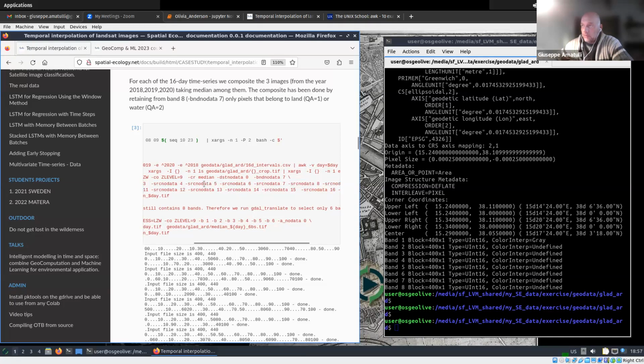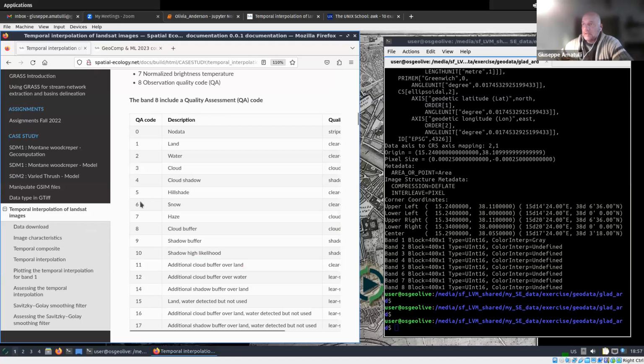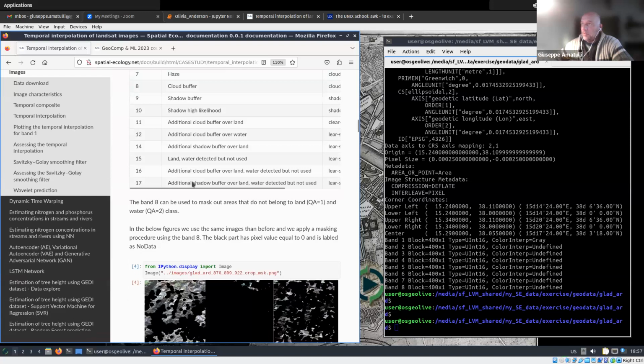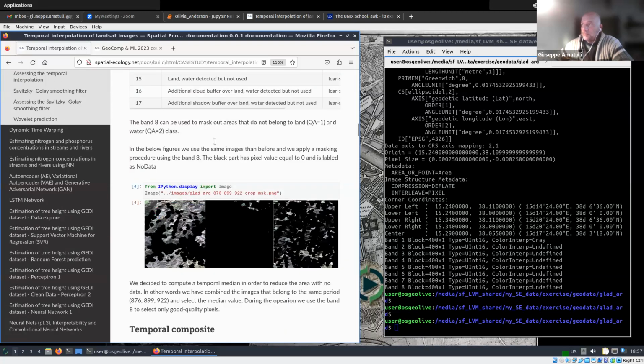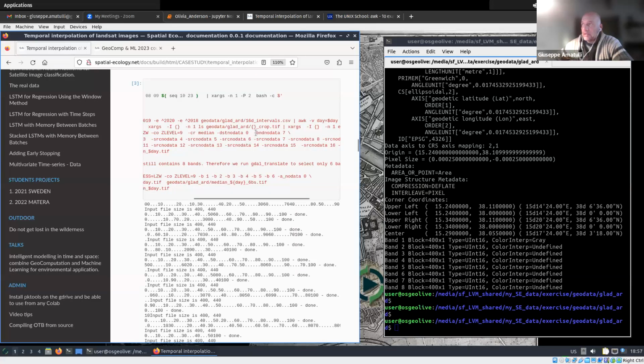And these numbers, where they come from, 4, 5, 6, 7, are the ones that are coming from here. So all these numbers that I list over there are the ones that will be considered no data. Okay, so this is the beauty of it, and in particular, somebody was actually asking me, and now